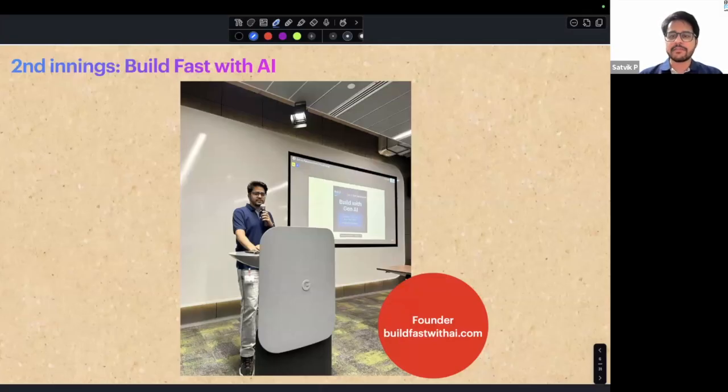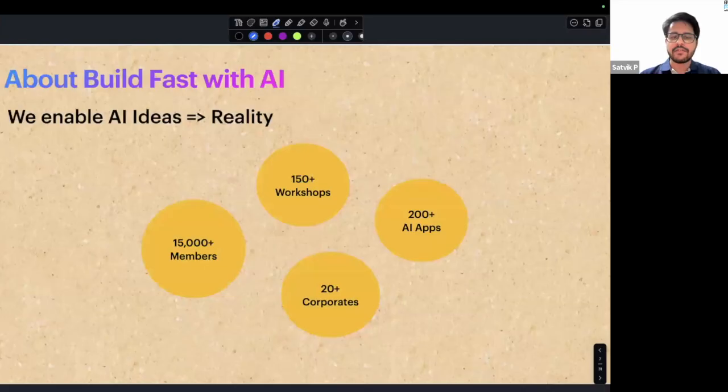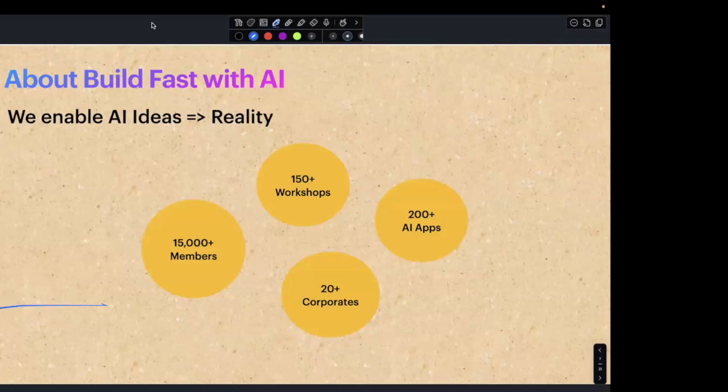Build Fast with AI is primarily an organization that helps individuals and companies leverage generative AI. So a quick sneak peek of who we are and what we do. What we have noticed by observing the generative AI space is that there are a number of things happening. Let's say there are 100 things happening in generative AI today.